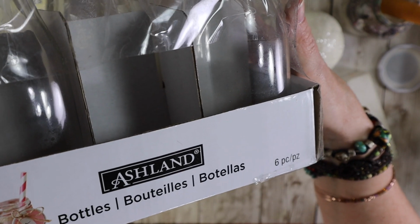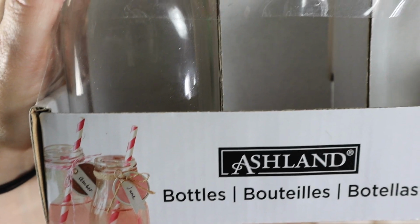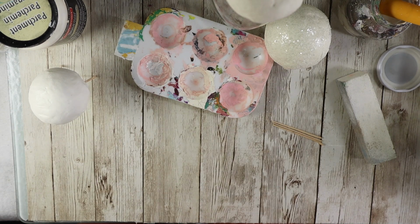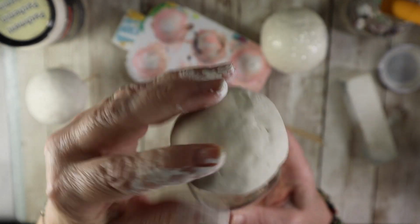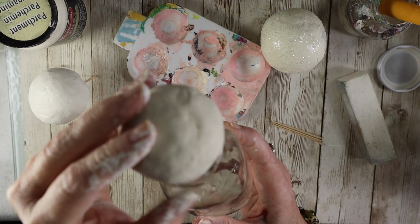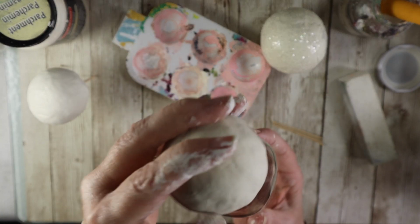It's been a while since I bought these. So it's the Ashland brand from Michael's. And it's just a 6-piece bottle. Here's a picture. So, you know, any bottle will work. These have a wide mouth on them, which makes them ideal, and also easy to put a Christmas tree in here. So maybe even if you save jars from your pickles or, I don't know, whatever jelly, you might be able to use and recycle a jar. All right,